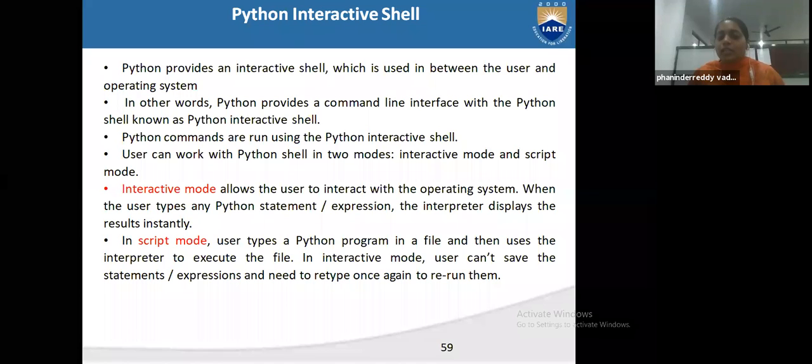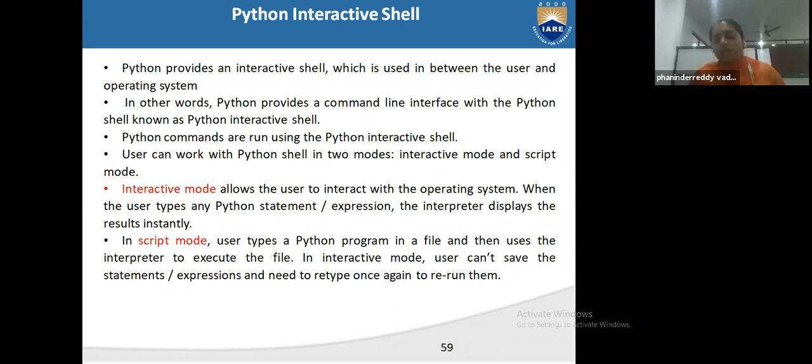Or expression and need to retype once again, rerun them. If there is any spelling mistake in scripting mode, you have to retype it again. But in a script there will be no need. Whatever program you have written, you open that,